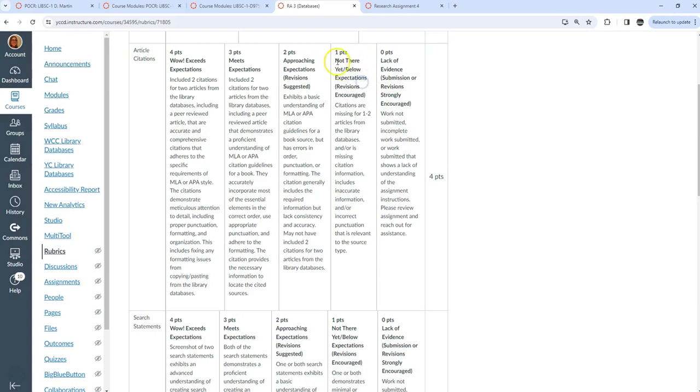So you'll see that these labels use language like not there yet, below expectations, revisions encouraged, approaching expectations, revisions suggested, and then also meets expectations and exceeds expectations. Although I don't use this 4-point exceeds expectations on every assignment,